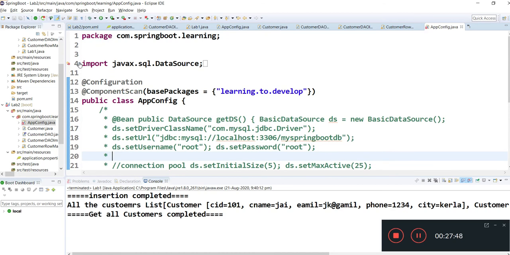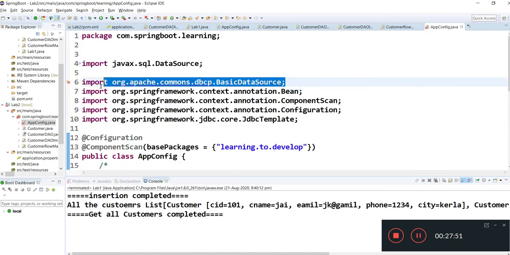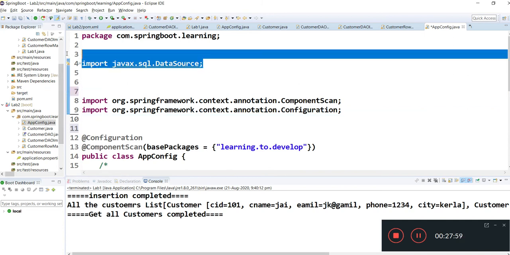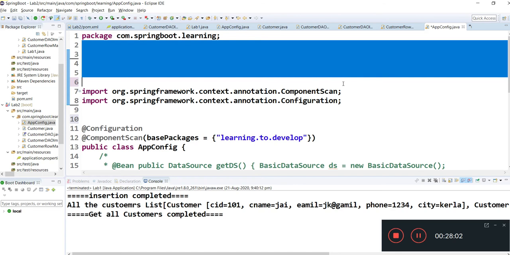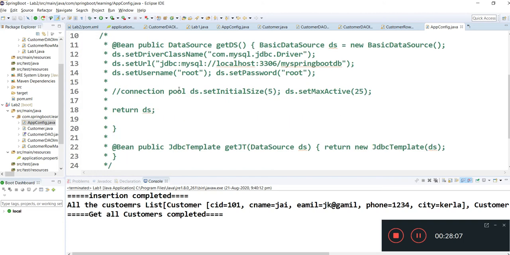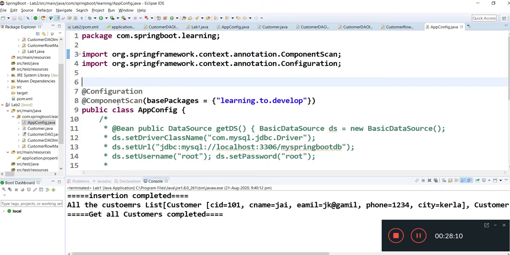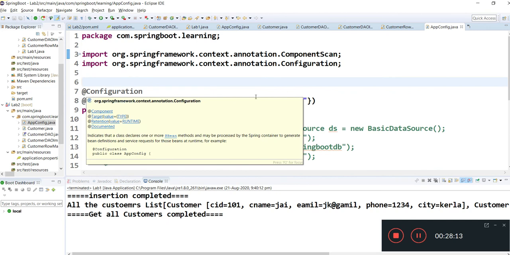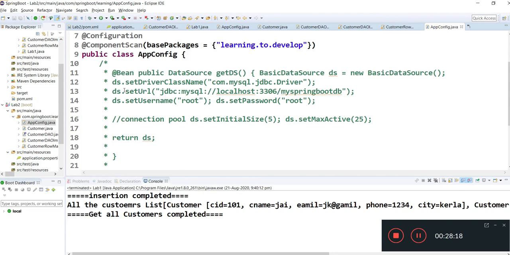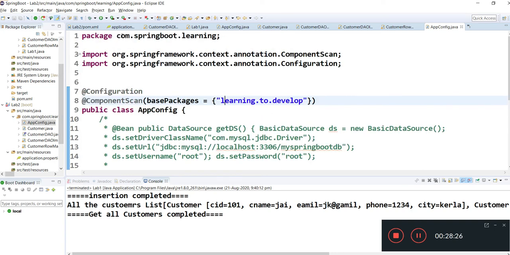You need to delete this and other imports also which you are not using. So what we have mentioned is just a single line at the rate Configuration and ComponentScan and the class, all these dependencies configuration I just copied, I mean commented. And com.springboot.learning, so you need to update the package name also.